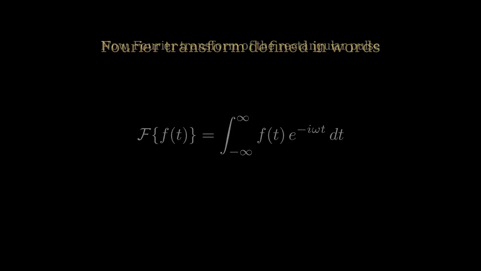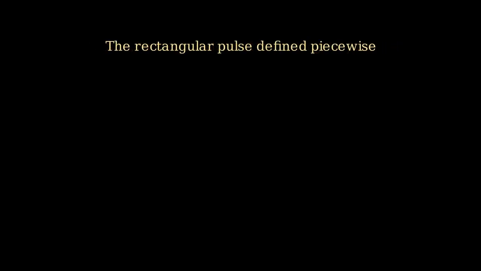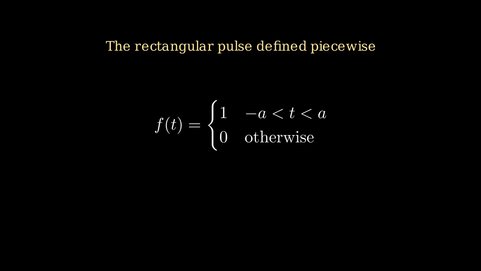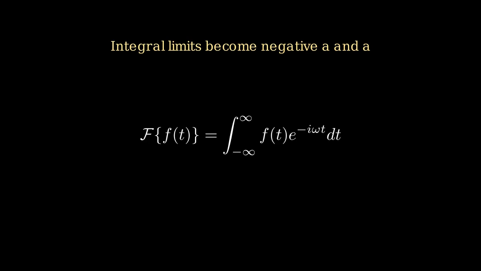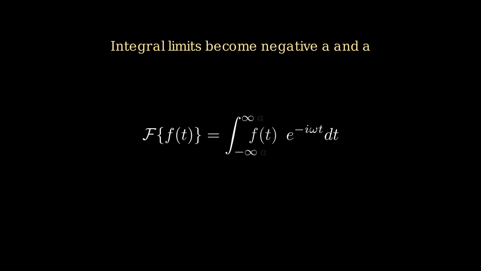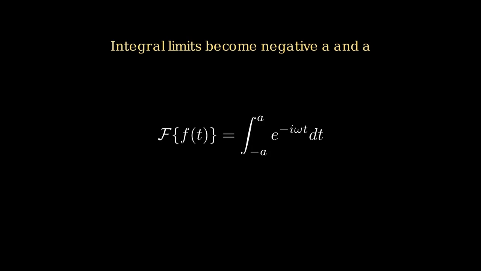Now let us find the Fourier transform of a specific function called the rectangular pulse. The rectangular pulse function f of t is defined piecewise. It equals 1 for t between negative a and a, and it equals 0 everywhere else. Because f of t is 0 outside the interval from negative a to a, the integral over all time collapses down to just that interval. So the Fourier transform becomes the integral from negative a to a of e to the power of negative i omega